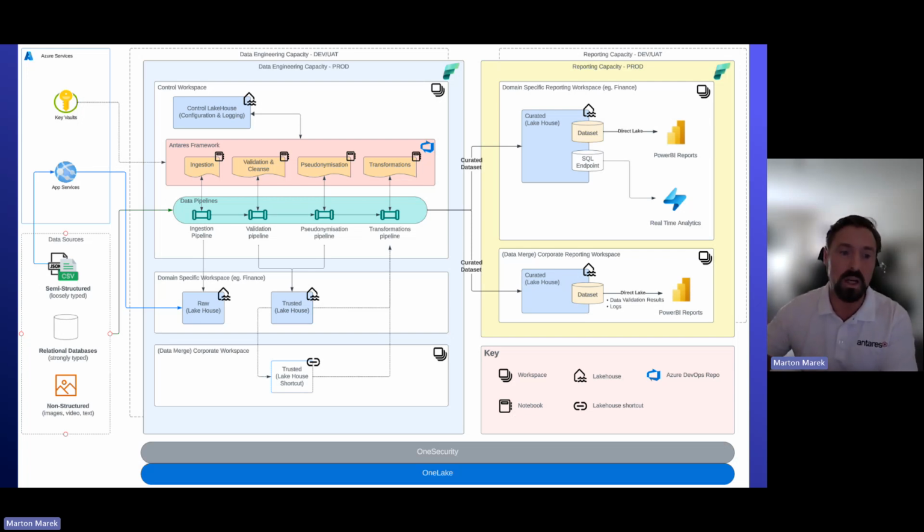Now, what the framework does is essentially it introduces some best practice and a code base that you can deploy for free and utilize that to really quickly integrate into different data sets from different systems, pull that in and run through a process of things like data validation, pseudonymization to mask data that's private or sensitive, run through a set of transformations in a structured approach, and then make that available in a set of reports